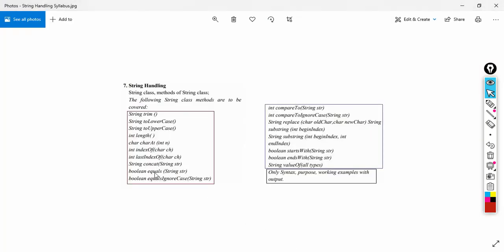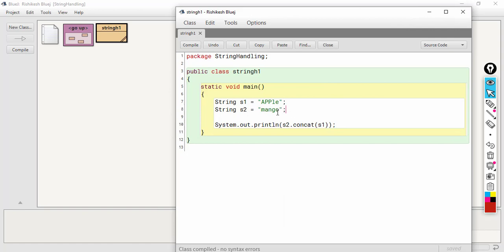Now the next one is equals. Let's have a look at the equals function, and why we need it. Let's say I create two strings S1 and S2, and in both I assign apple.